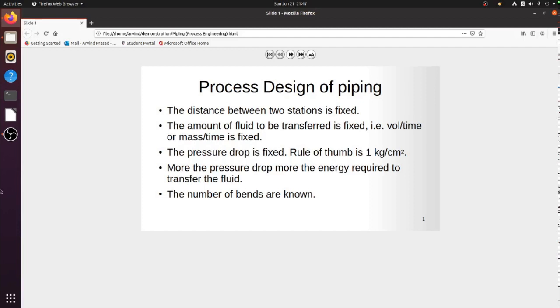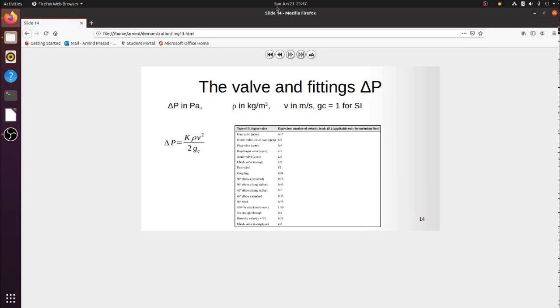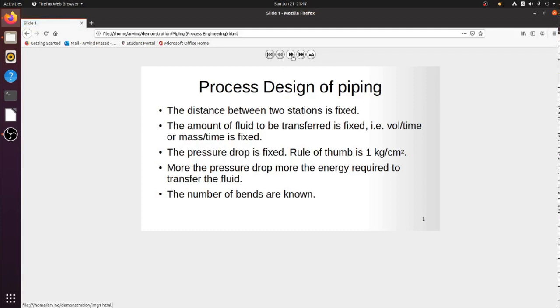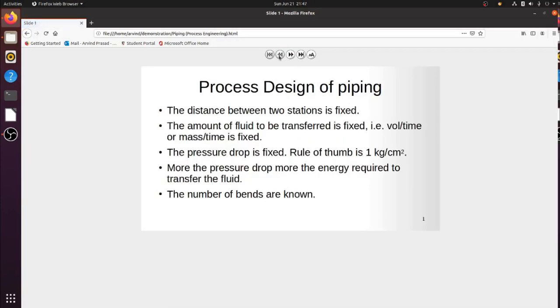The first page is already there. Now if I want to move forward, all I have to do is click the forward button. If I want to go to the last page, I have to go to this button and it will go to the last page. If I wish to go to the first page, I have to click here and it goes to the first page. I can forward using these buttons and go back using this button. Now, isn't this a great way of presentation?